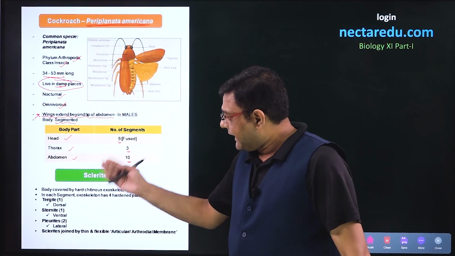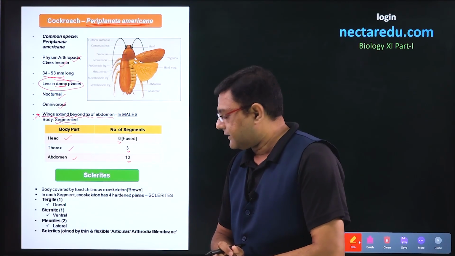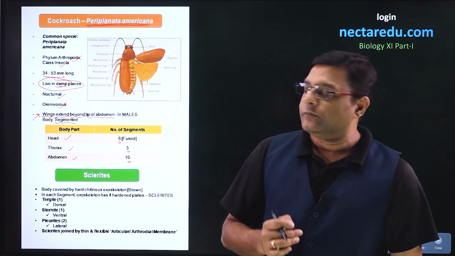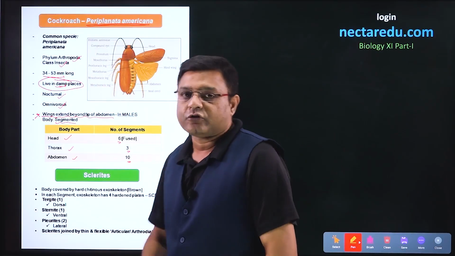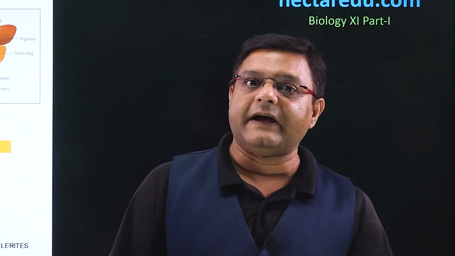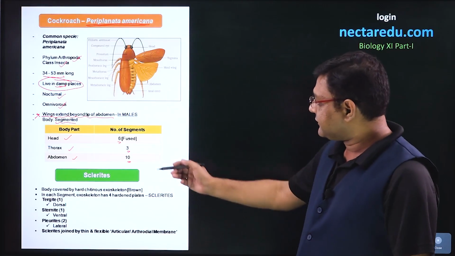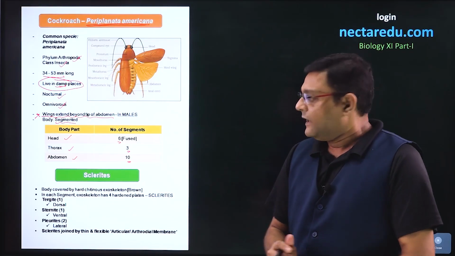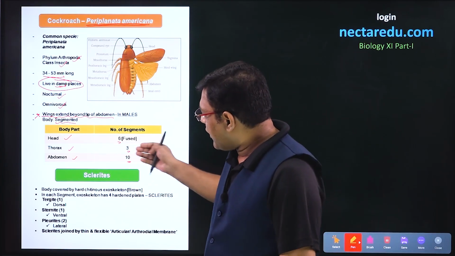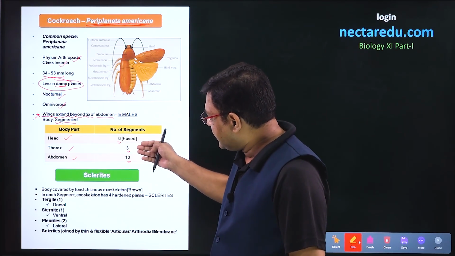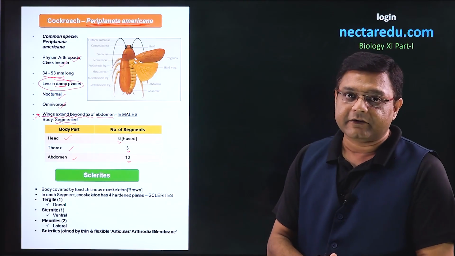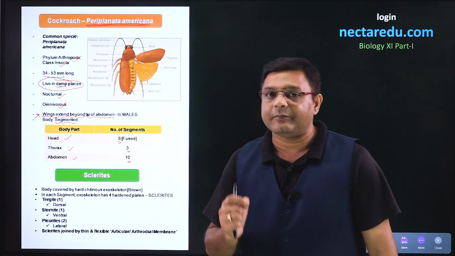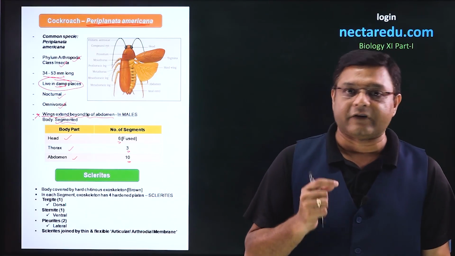Talking of a structure which is called sclerites. Now we very well know that the phylum Arthropoda is characterized by the presence of exoskeleton of chitin. So that means chitin will also be present in the case of cockroach. Now, the body of cockroach, as we had seen, was divided into these segments. Now, each segment has 4 plates of chitin.